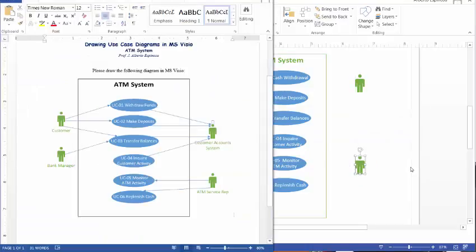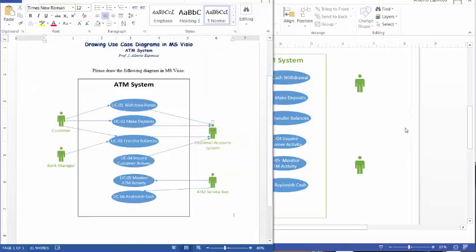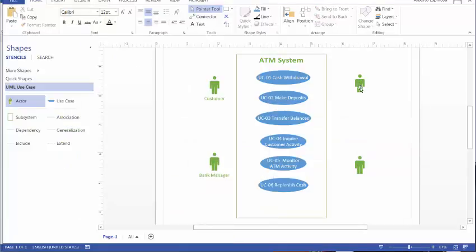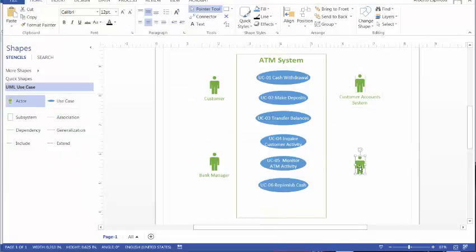My 4 actors are named Customer, Bank Manager, Customer Account System, and ATM Service Rep. I'm going to just double click on the actor, Customer. Double clicking allows me to give it a name. So the next one is Bank Manager. Notice I did a Control Enter to go to the next line. Okay, so all we need to do now is put the connections between